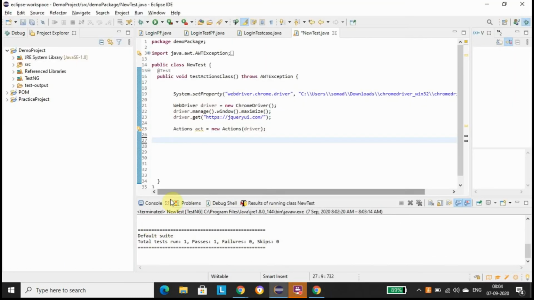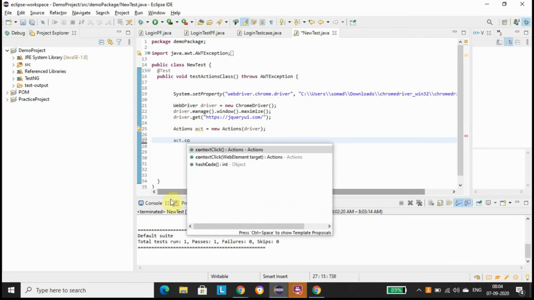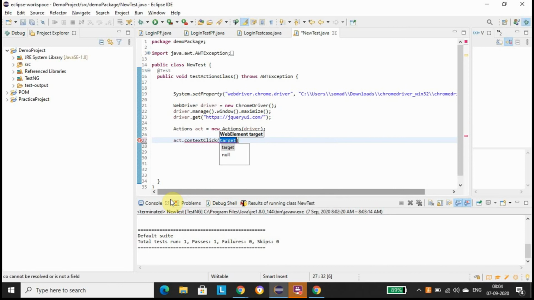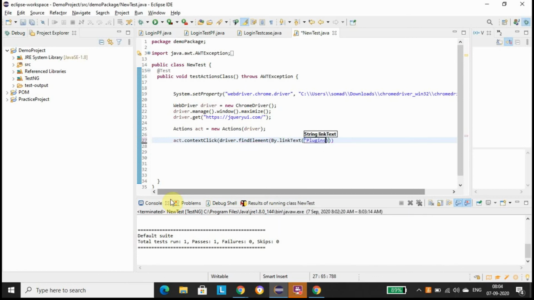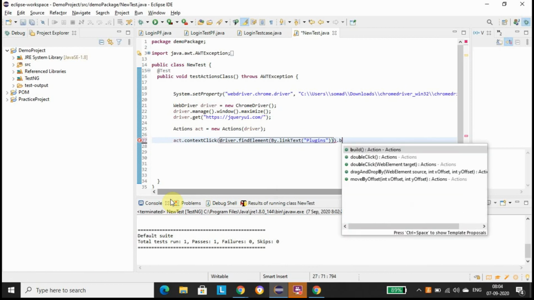So what I'm gonna do here is act dot context click. Context click is basically for right clicking. Then we will provide driver dot find element by dot link text plugins dot build dot perform.